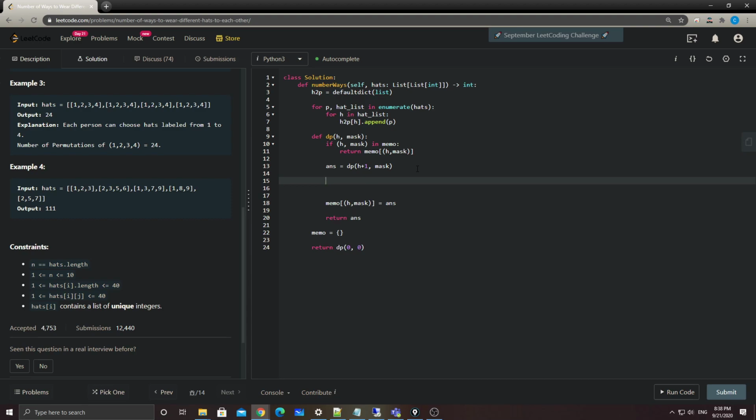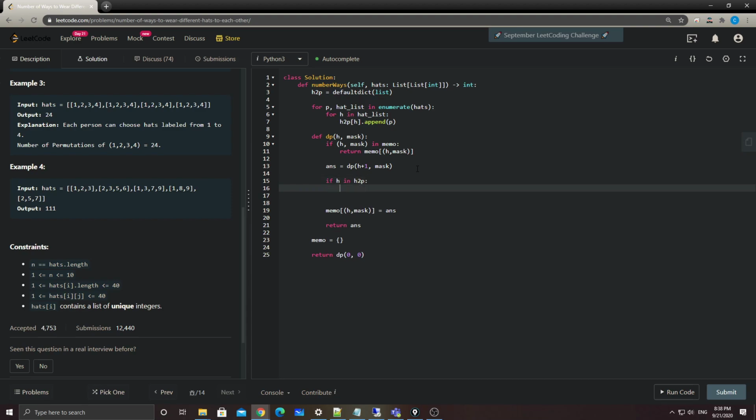The second scenario is that if the hat is in h2 hat. I'm just doing a simple loop check here. We only do this if the current hat is in the map here. Otherwise, we can simply skip this part because no one will wear it, right? So if someone can wear it, then we're gonna have peoples, okay? Peoples equals to the h2 hat of the hat. So now we have a peoples list here,